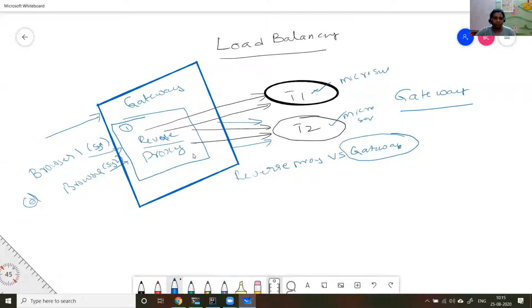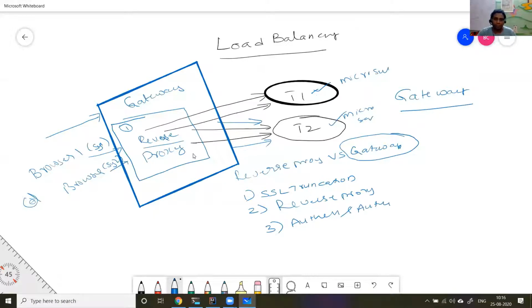Gateways do many things. For example, it will do SSL termination. Reverse proxy is one, what we learn here. Then authentication and authorization.